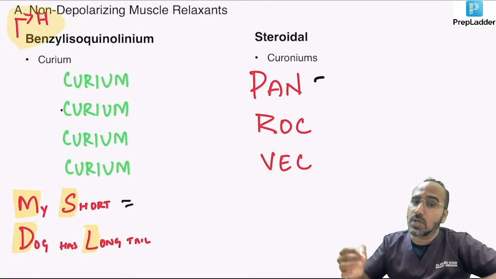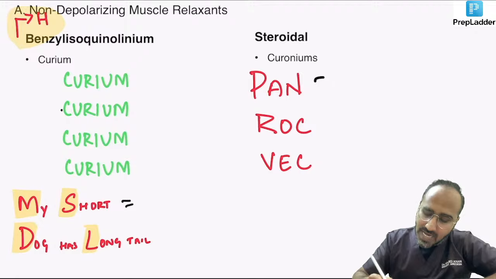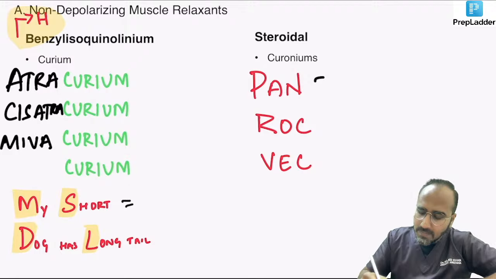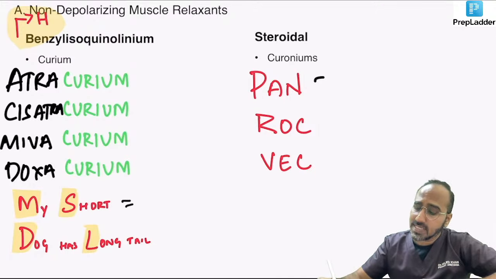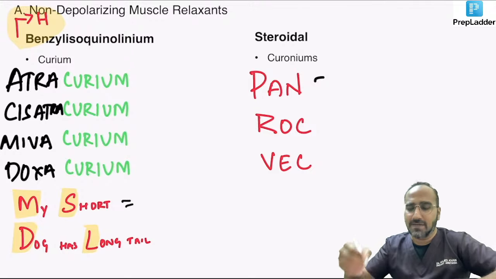Benzylisoquinoliniums are the drugs ending with the term curium, such as atracurium, cisatracurium, mivacurium, doxacurium. Okay? Next, steroidal, what are the things? Curoniums: pancuronium, rocuronium, vecuronium. So guys, remember, once the muscle relaxant drugs came into the market, the first muscle relaxant